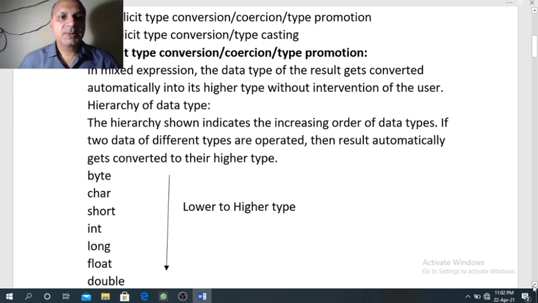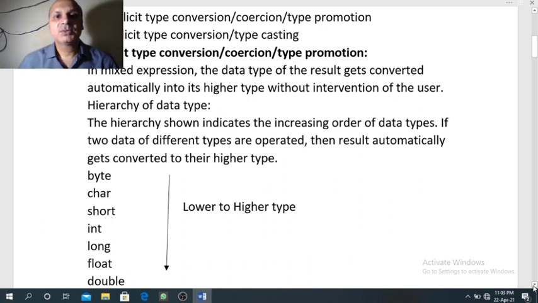So in a mixed expression, the data type of the result gets converted automatically to its higher type without intervention of the user. So this is the process of implicit conversion. If we have many variables of different data types, then the final result of the expression will belong to the highest type, and it will be done by the compiler itself.